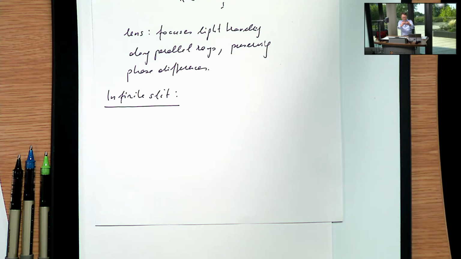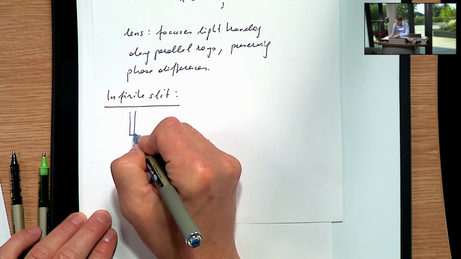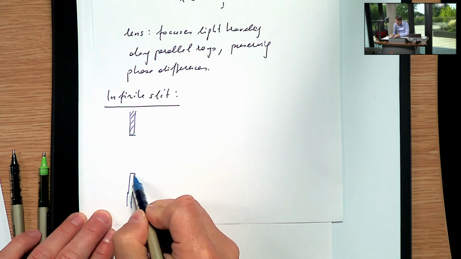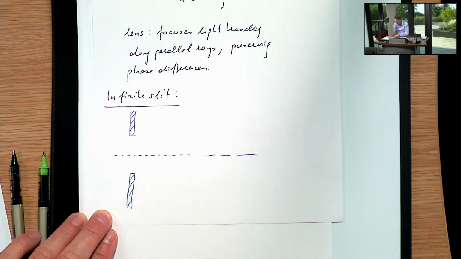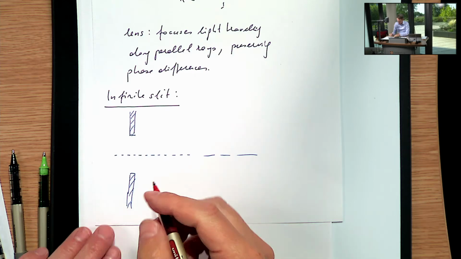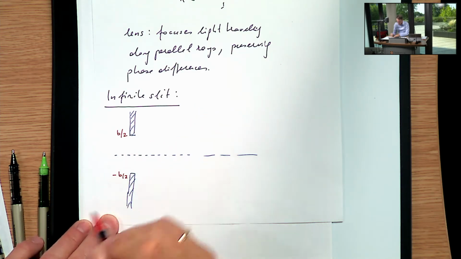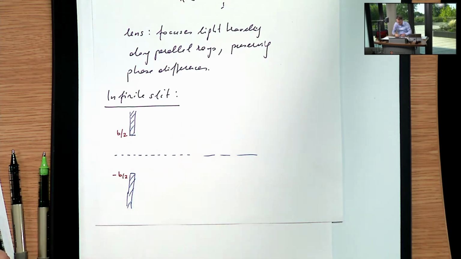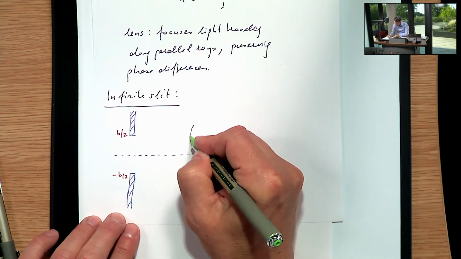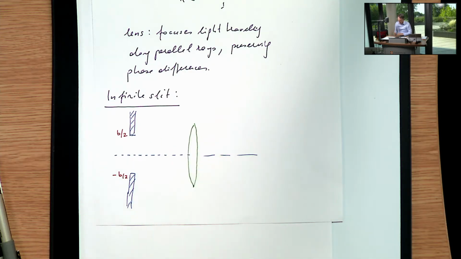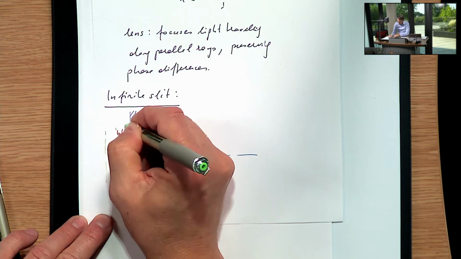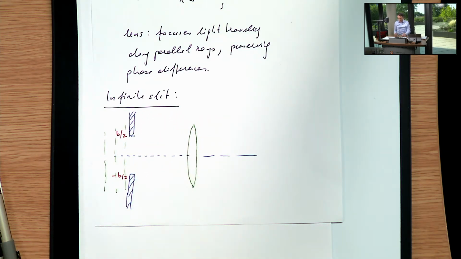So here's my slit, and if the width of the slit is b, in this direction here, then I can draw this as follows. So I have just a single slit. It looks like this, and this is at b over 2. This is at minus b over 2. That's the slit width b, and so now what I do is I use Fraunhofer conditions. So I put a lens in here to collect all the parallel rays leaving the aperture. I have a plane illumination here from the left onto the aperture,